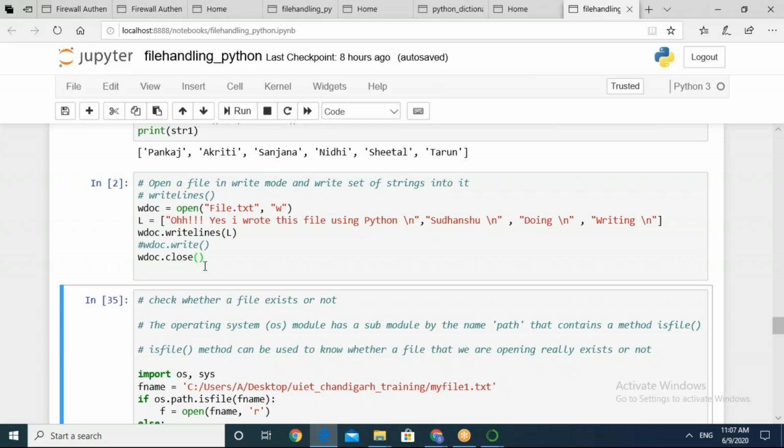So what about the rest of the persons? Are you able to do it? The writelines method. Your list can be a simple list of strings and you write it in the file. I hope all of you are able to do it.